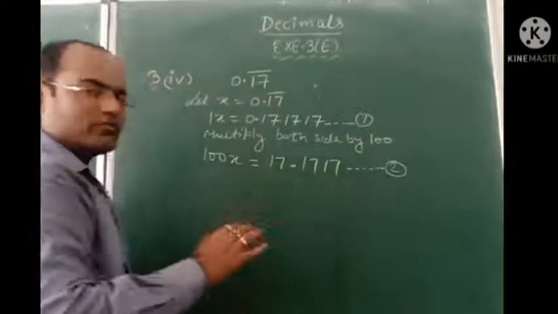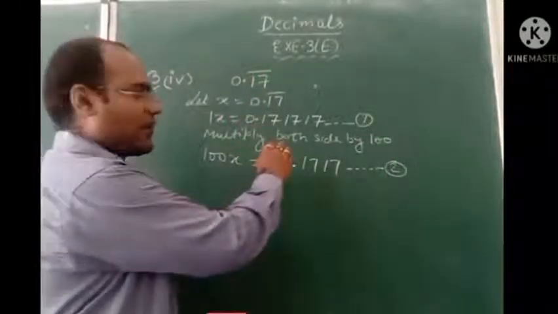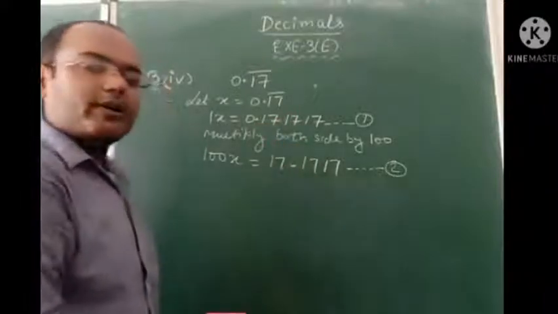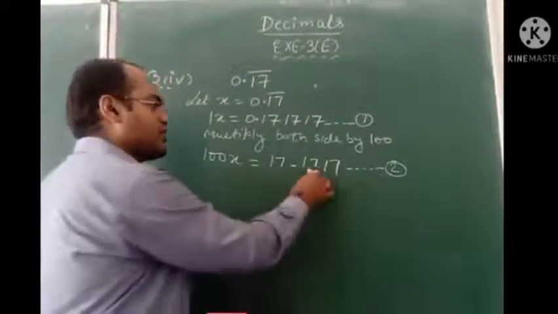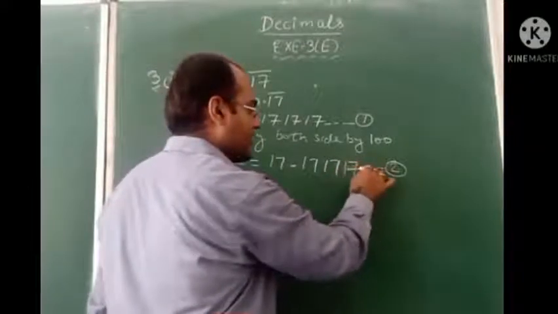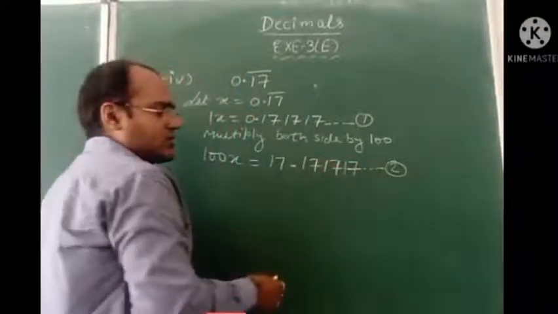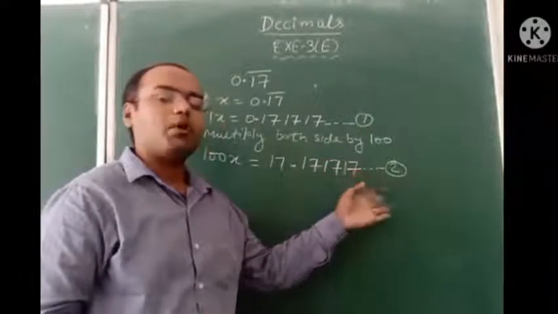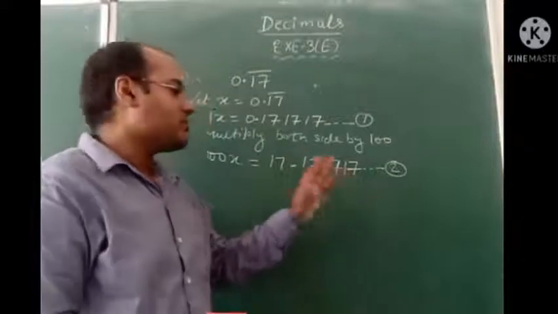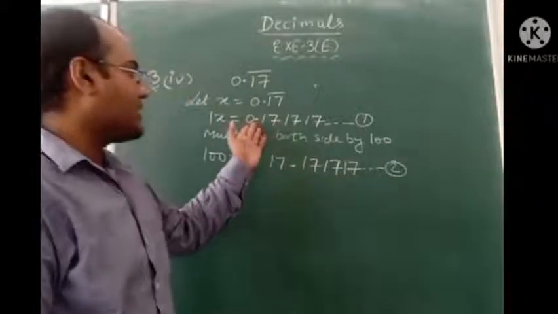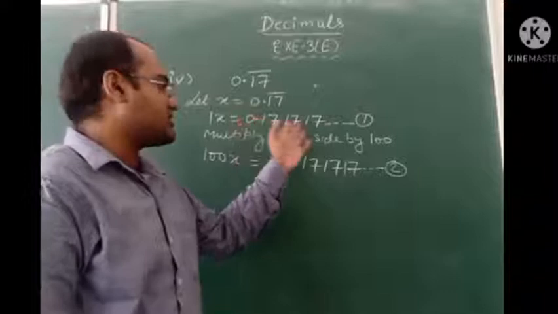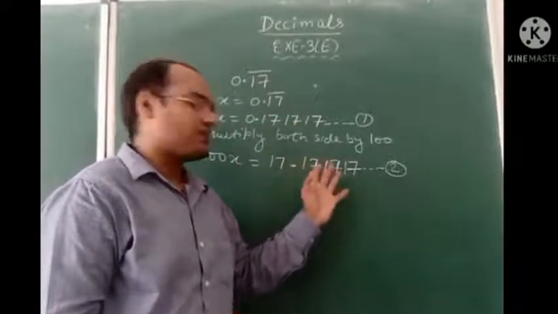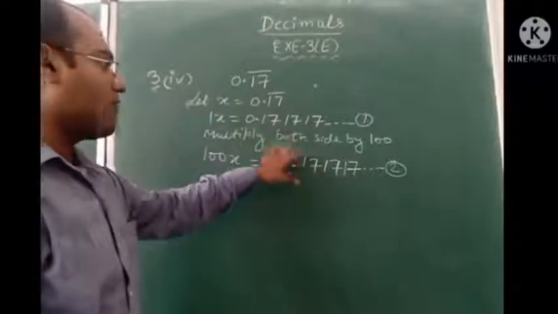But I told you in the first equation after the decimal how many digits are written? 6. So in this also we will write how many digits? 6 digits. So 17, 17, one more 17 we will take. It is our choice because this is a recurring number. Recurring means 17, 17, 17 will come how many times? Infinite number of times. But how many times will you write? Here we are showing it up to 6 places of decimal. So in this also we will show our work up to 6 places of decimal. So now both are up to 6 places.